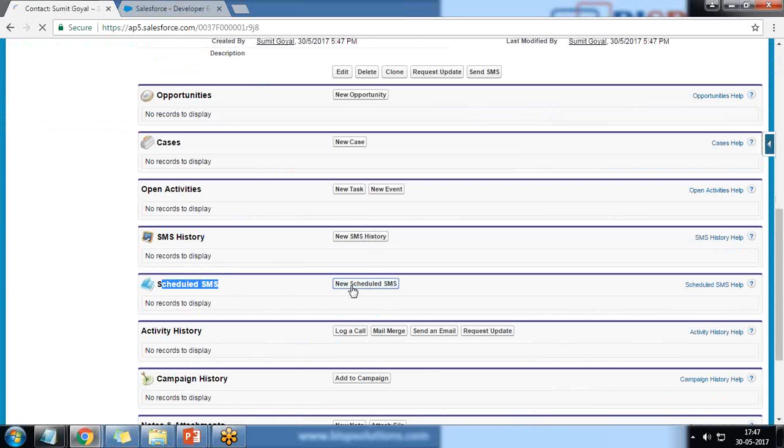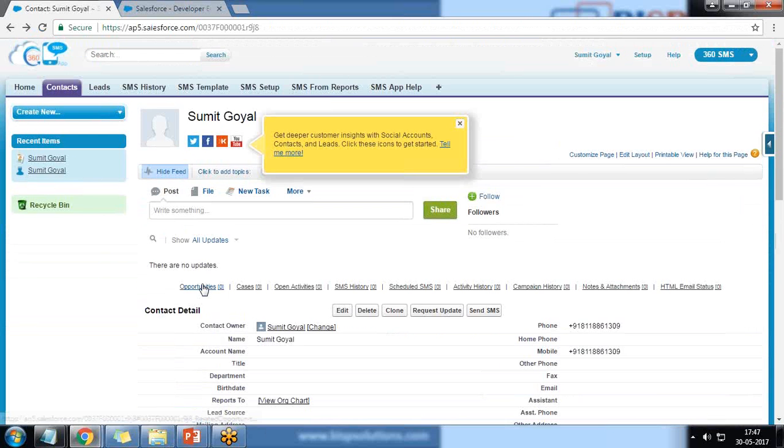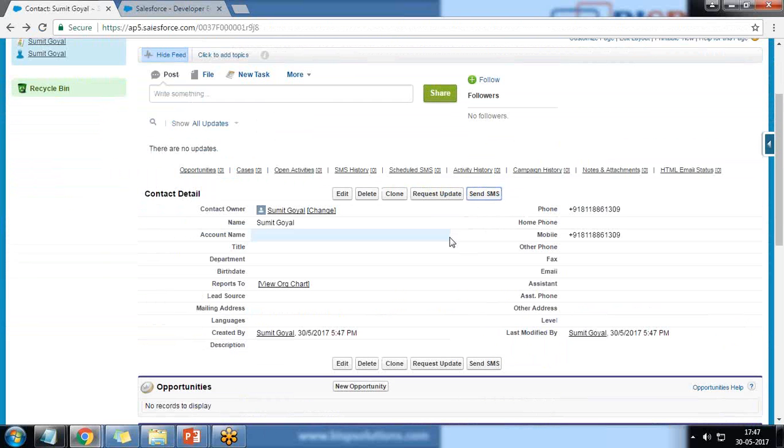So when I click on new schedule SMS, I'm not able to schedule an SMS right now, so I'll tell you this later in the next step. But first of all, let's have a look at how we can send SMS. So when I click on send SMS,